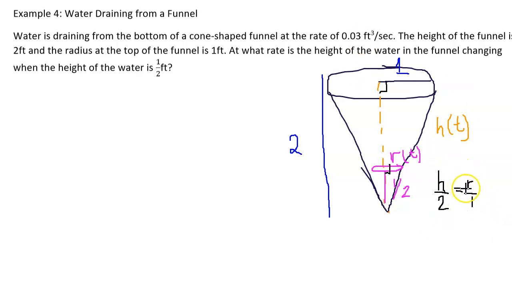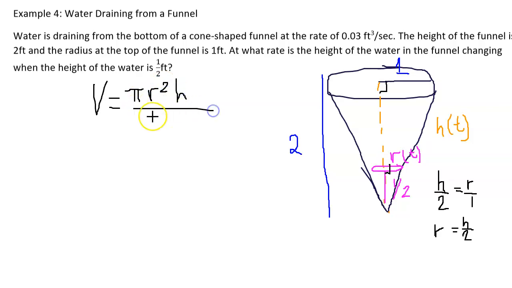And so we actually see that the radius at any moment as this water is draining is going to be half the height. And we can substitute that into our equation. So let's bring back our volume. Pi r squared h over 3. Volume equals pi, and our function for r is now h over 2